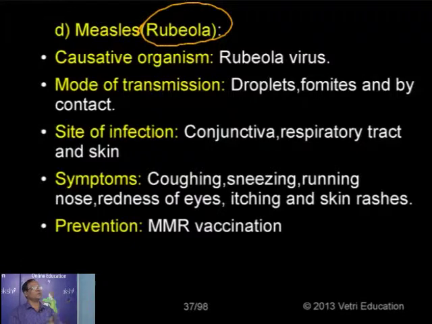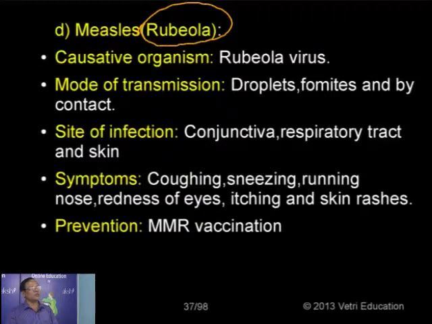Again, once again, it spreads by means of droplet infection from mites. The main organs infected are the skin, the nasal chamber and also the conjunctiva of the eye. That is why the person very often has a discharge, because of the intensity of the viral effect. The affected person very often has a watery discharge from the eye because the transparent layer, the conjunctiva, is affected. So it spreads by droplets, fomites and also direct contact, and people are advised not to go near those who are affected.